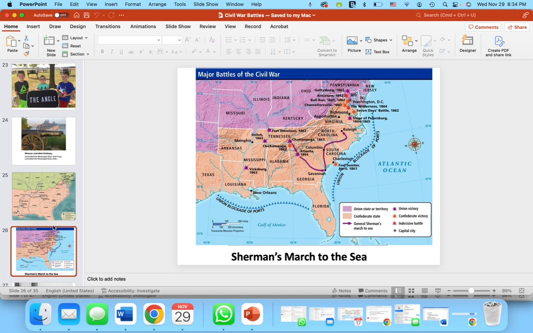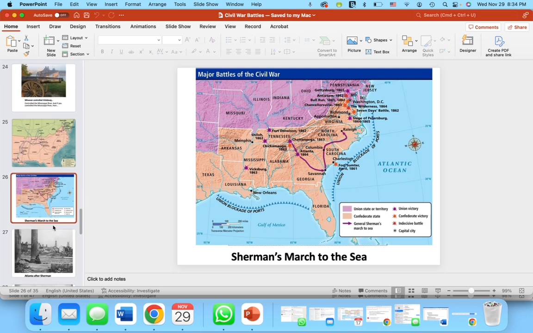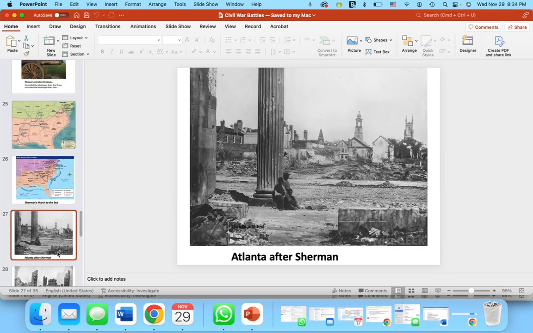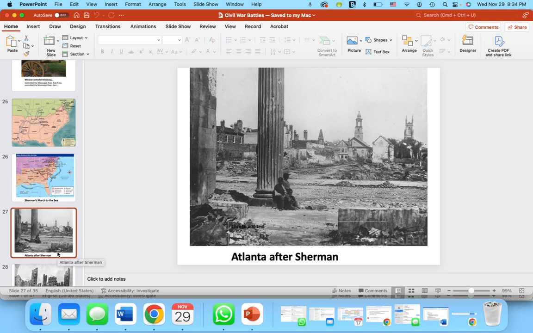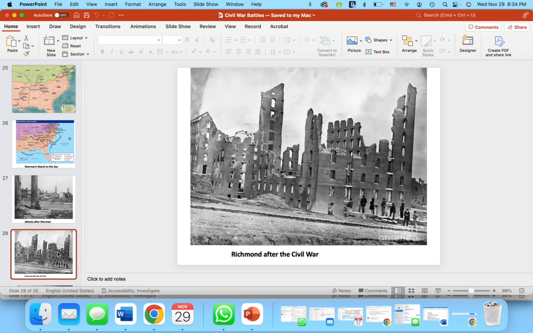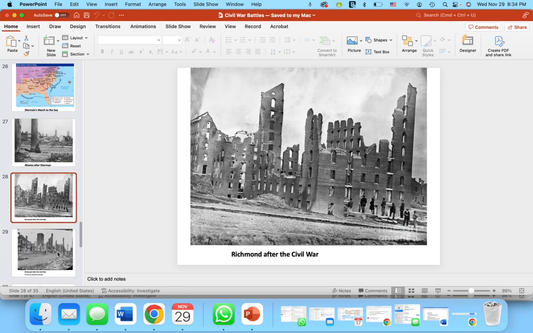So the three turning points are Gettysburg, the North one, Vicksburg, the North one, and Sherman capturing Atlanta and his march to the sea. Sherman really destroyed Atlanta. He believed in total warfare. He didn't pull any punches. He destroyed the soldiers and the buildings and the factories. All right. And here you can see Richmond after the Civil War. Okay. So there was a lot of destruction, and about